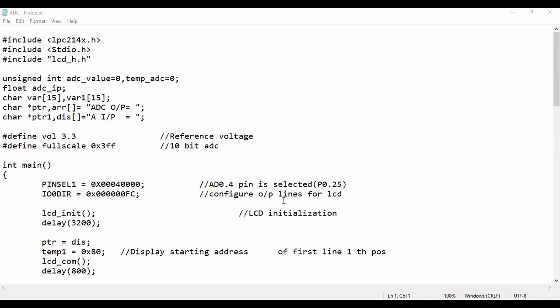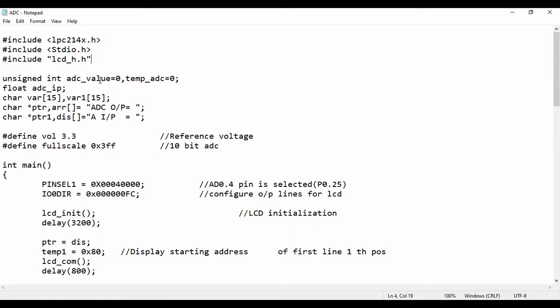Yes, ma'am. Okay. So here you can see #include <lpc21xx.h>. This is the actual thing. Then stdio.h. One more important thing you are going to see here is lcd.h. This is the new header file we have included to get the facilities of your LCD. So we have reduced the number of lines of code in the program, so that we have included the LCD part as a header file.